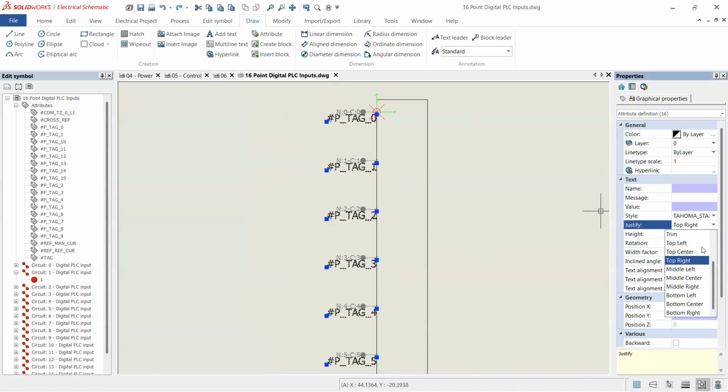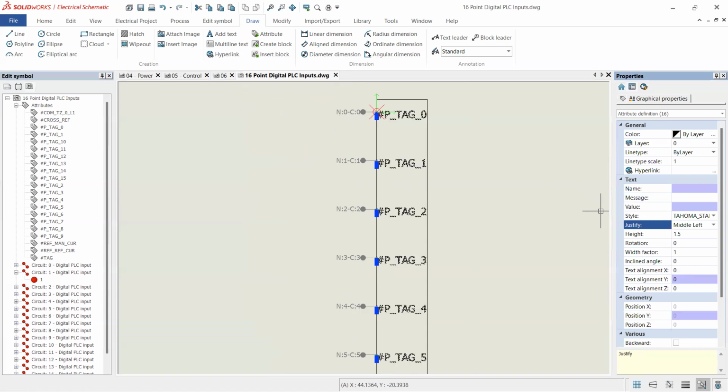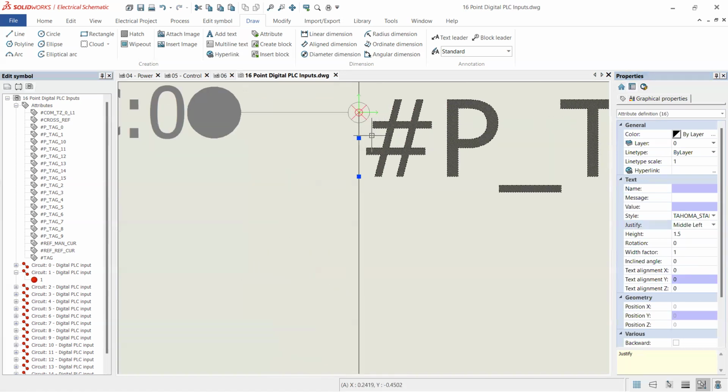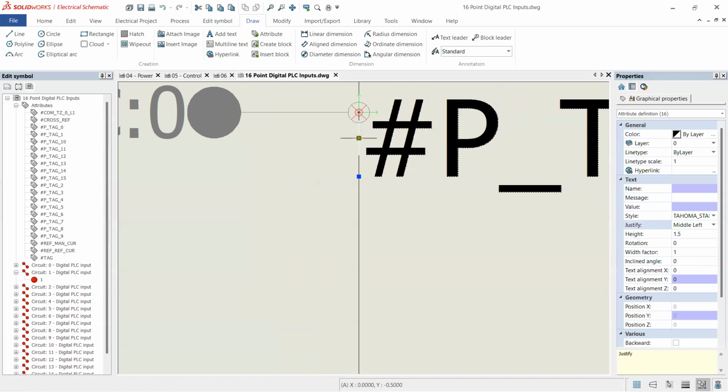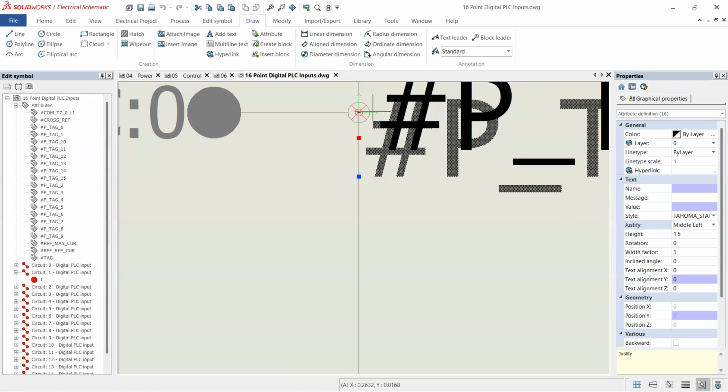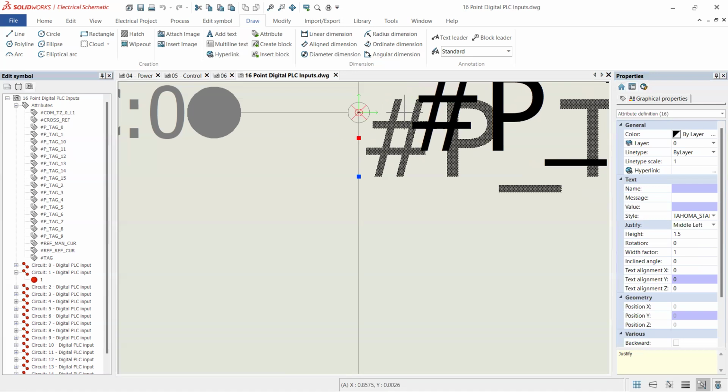I want to align it, trying to think, middle left, because then I can grab the alignment here and move it. Now I want some offset. I have found over the years, if I put it right on the line like it is, there's not a lot of gap, and the I in I00 will sort of hit the line. But if you give it a little gap and line it up with this circle, it's a manual thing, but give it a little bit of a gap,